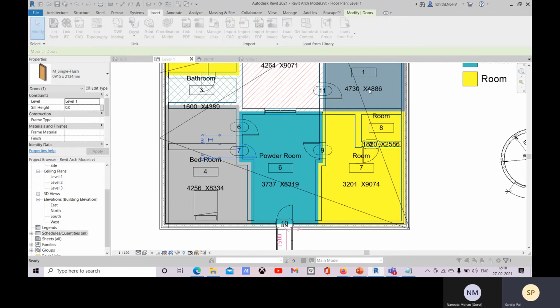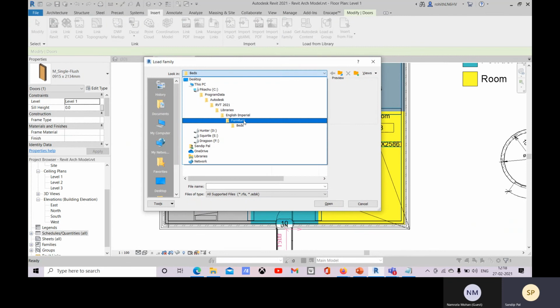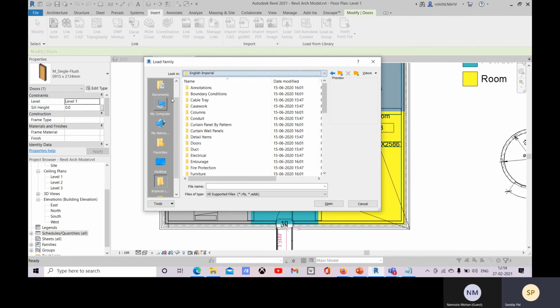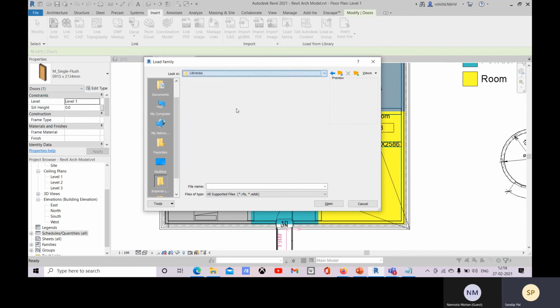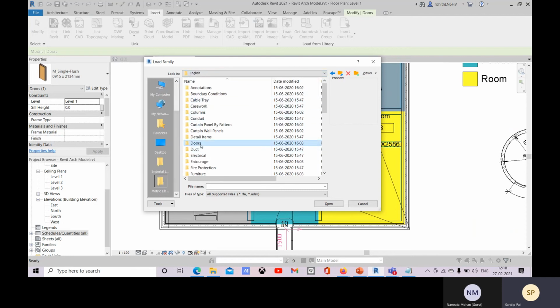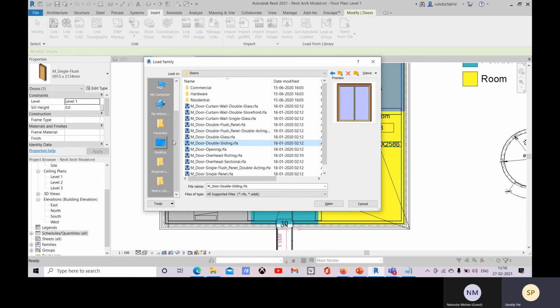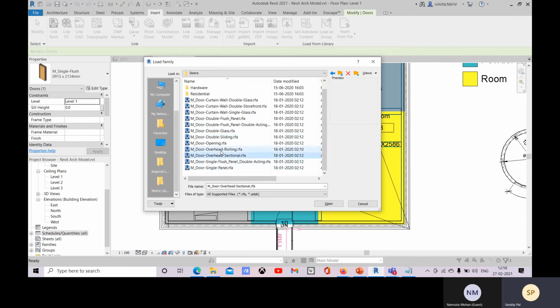Come to insert and load family, and come to furniture, English Imperial, English doors, and let's go with this door, or this one. Let's go with this one.